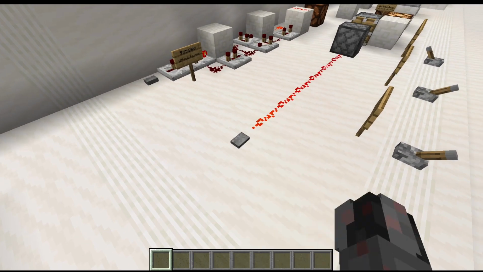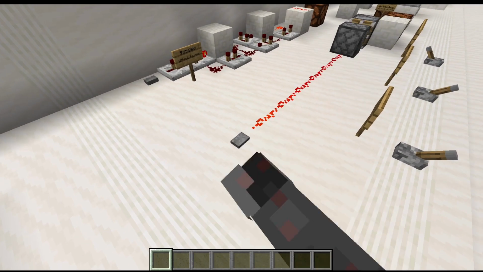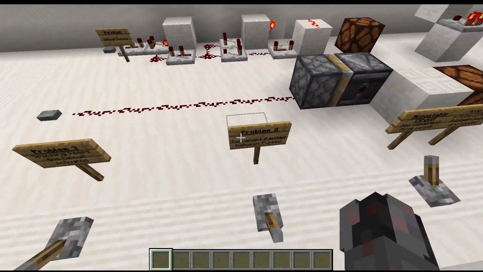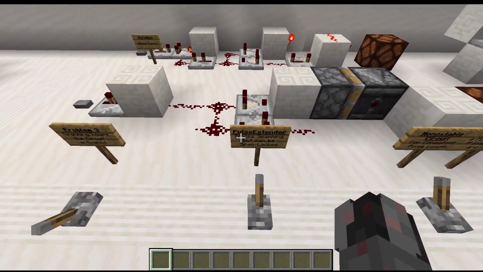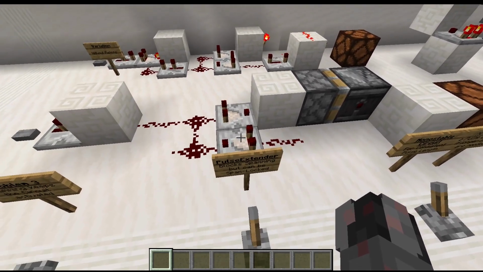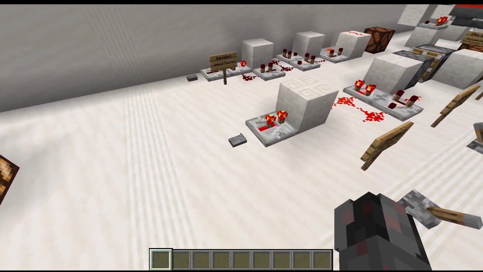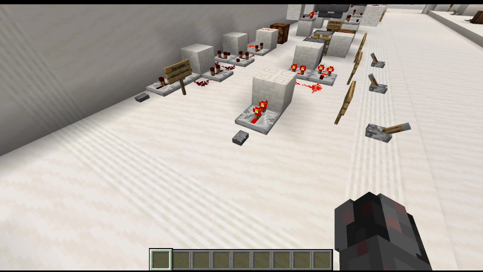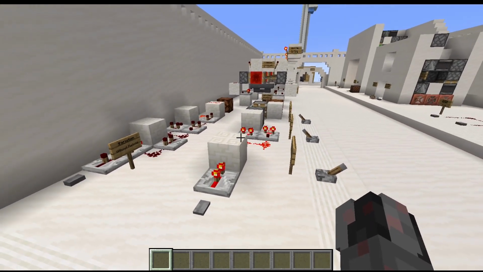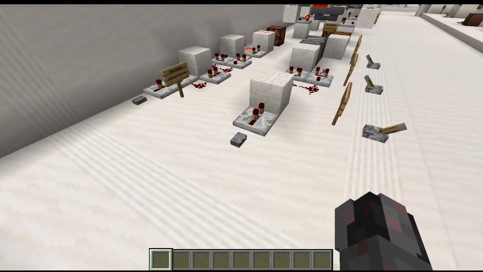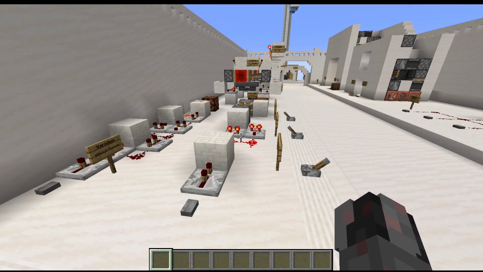So if you mash the button, you only have about 1 second between the pulses, and that may be too fast. So what can you do? Well, just add a pulse extender. Again, I'm going with a simple comparator-based one. You power that, and you can see if I mash the button, nothing happens. I need to wait for this system here to relax before I can send through the next proper